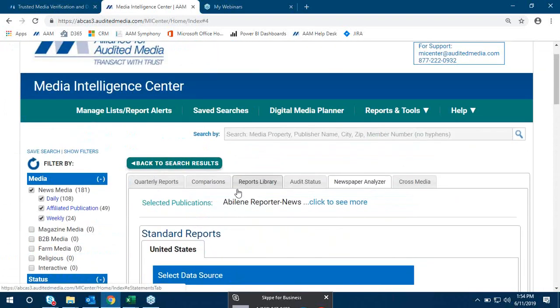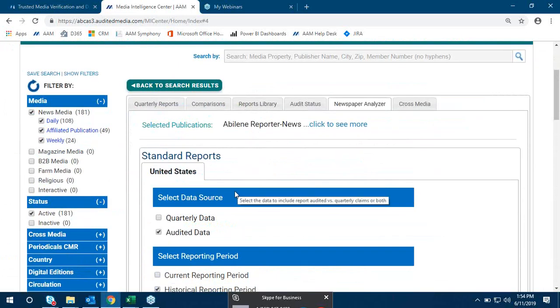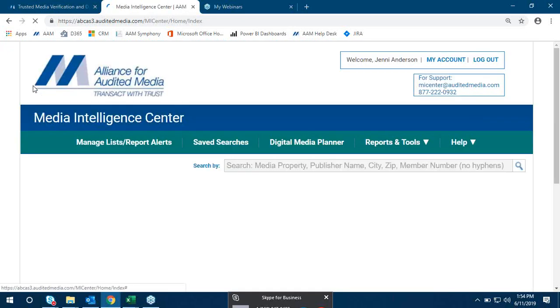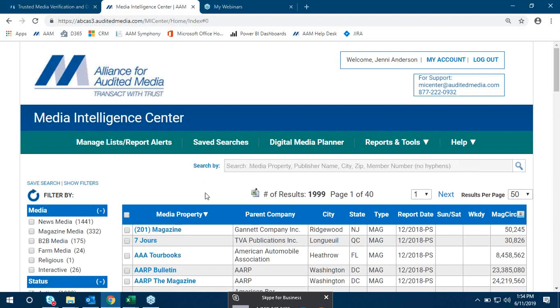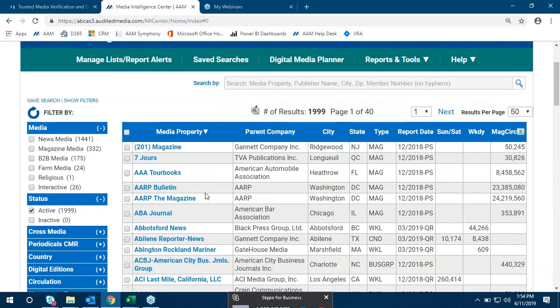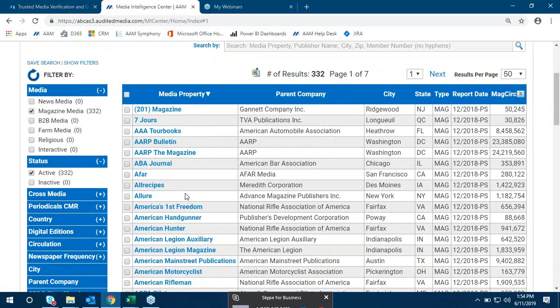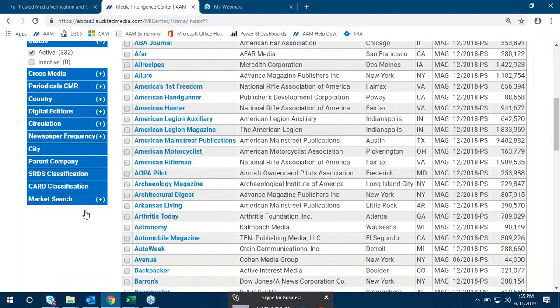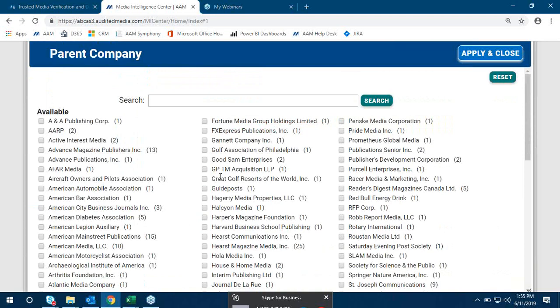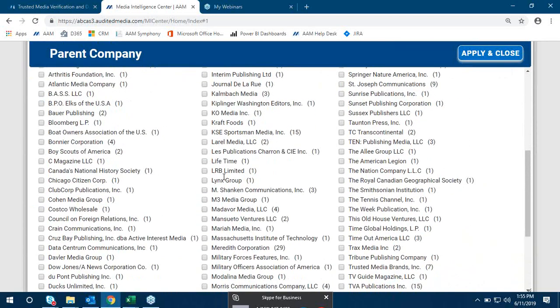So that's the newspaper analyzer. Let's briefly go over the periodical analyzer. So I'm going to click this reset button, which you'll use often when you're in here. And I'm going to put a check mark to the left of magazine media. And then let's go down to parent company. And we can scroll down and